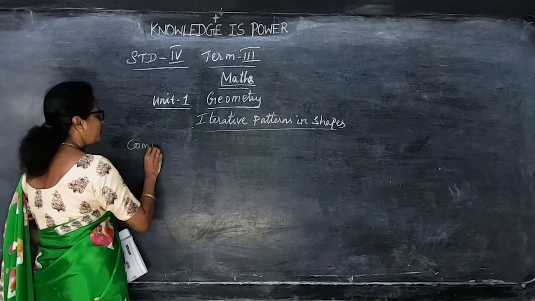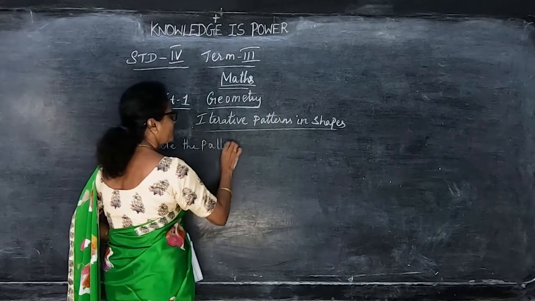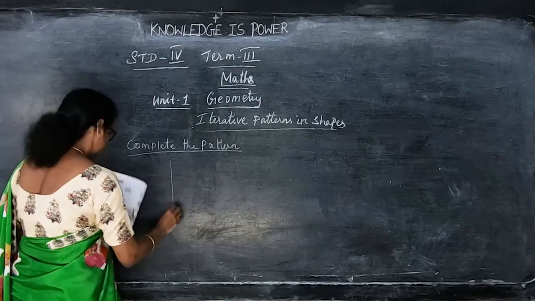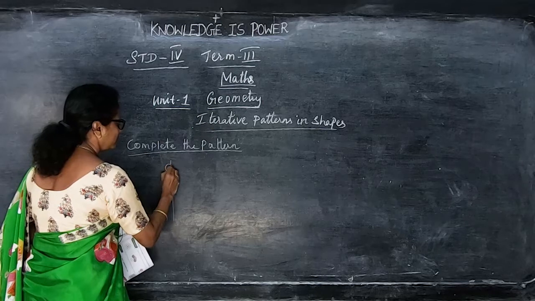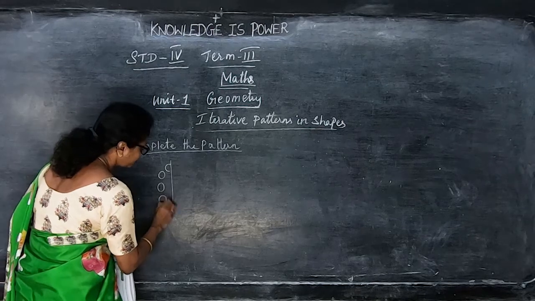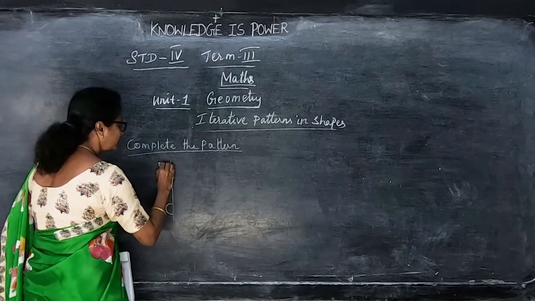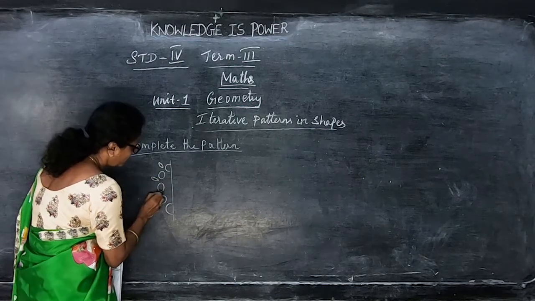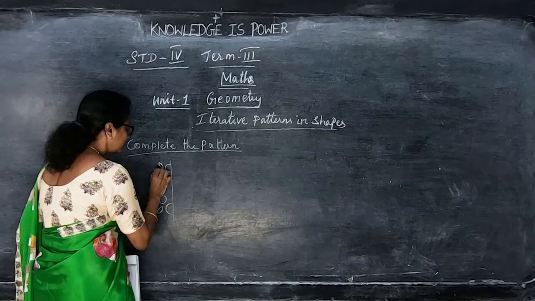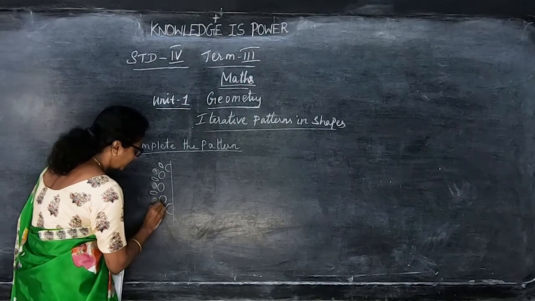Okay. Now complete the pattern by using the given shapes. They have given half of the pattern. Now you have to complete the remaining half. Here is your half circle. So it is a circle like this. Here, an oval. Now I did draw on the side like this. You have to draw here. In the same way, you have to draw every shape on the side, children.